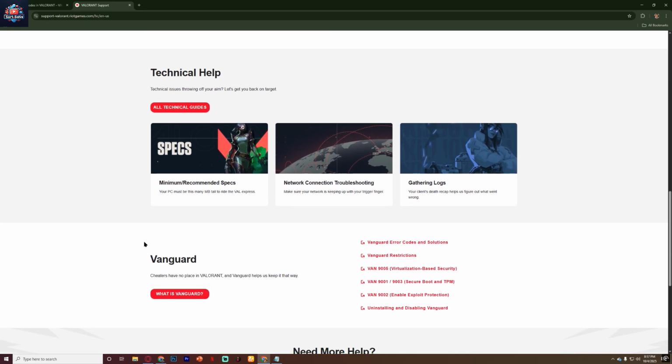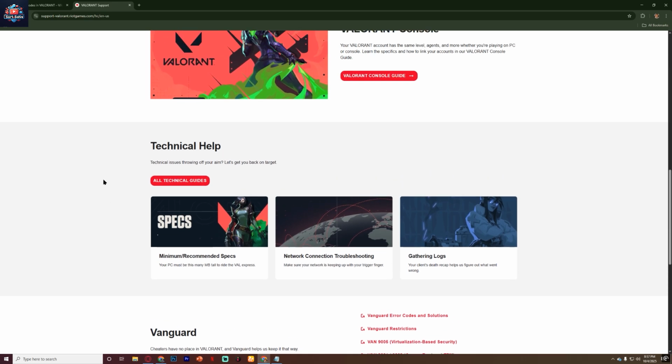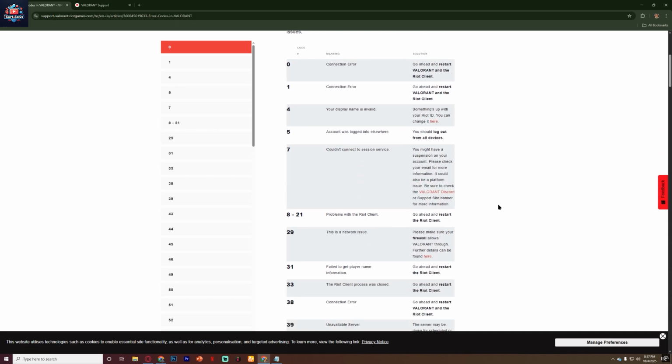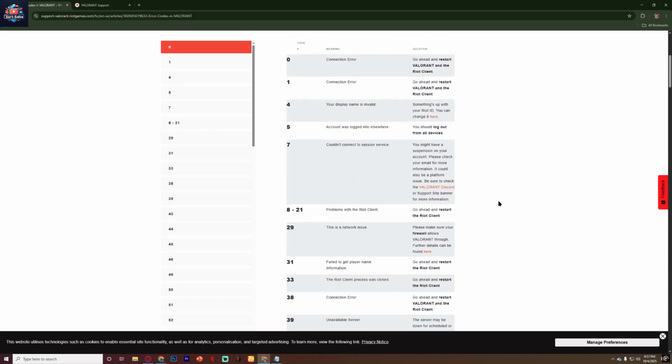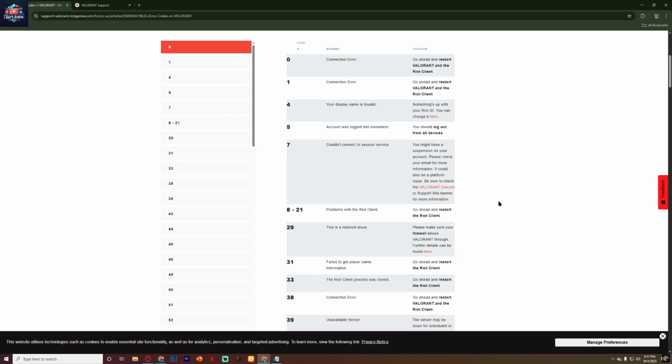If it still doesn't work, check your email linked to Riot Games. Riot usually sends a message explaining the reason for the suspension. If it's due to a temporary restriction, you'll need to wait until the given time expires. However, if there's no email or the ban seems unfair, go to